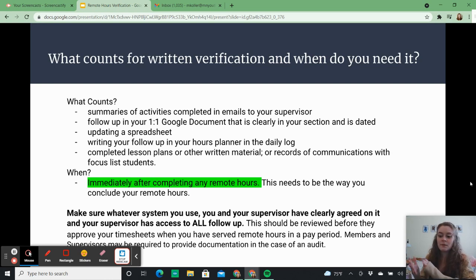If you have a product that you've completed in your time, you can show, hey, I look at this, I can show you the data that I've entered, or I can show you the lesson plan that I created. That is also a valid way of showing that you've done the hours that you said you've done remotely. You need to be able to produce whatever this verification method is